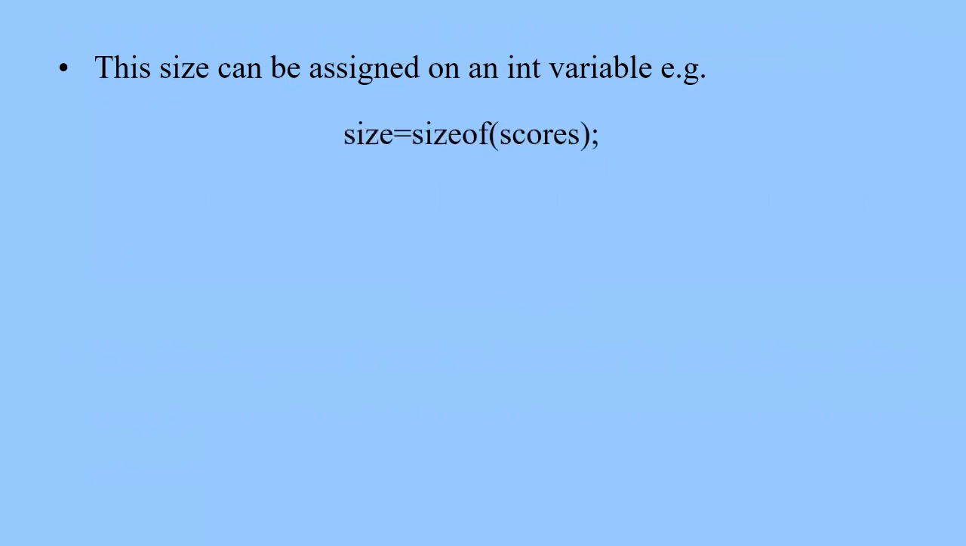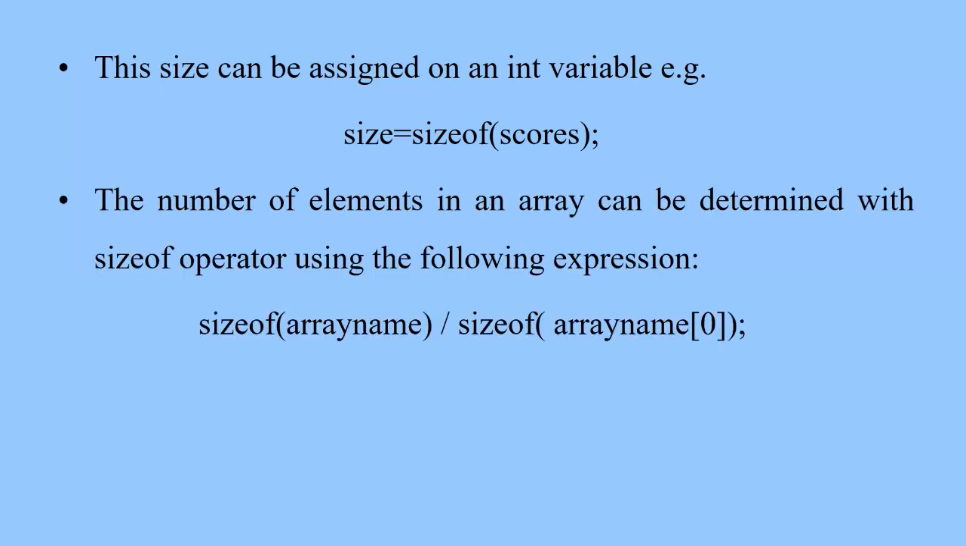My dear students and the rest of the learners, kindly note that scores in this context refers to the array called scores. So sizeof(scores), the total size of that array, is assigned to the memory location called size. So the number of elements in an array can be determined with the sizeof operator using an expression like this one: sizeof(array name) divided by